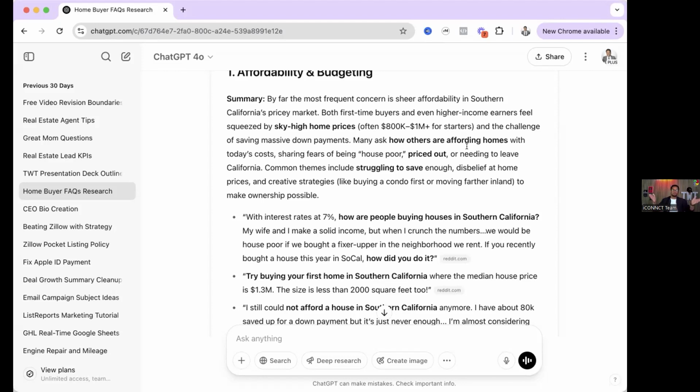Boom! There's one of your content pieces, right? And so now what we call in the marketing world, these are called content pillars. A content pillar is just a category of content that I'm always talking about. And since affordability is one of them, I mean, just off the top of my head, I'm not even using ChatGPT, but just off the top of my head, ideas that come,